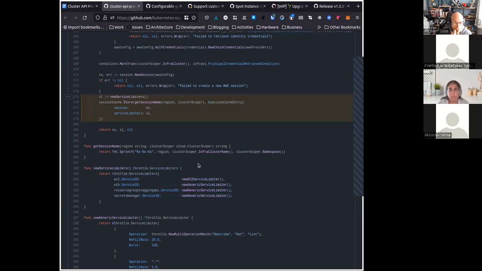But what I observed is that we have a separate instance of client side rate limiting for each region, cluster, namespace. And as far as I understand, the server side rate limits apply to account and region. And so if I have multiple clusters in the same region, in the same account, I